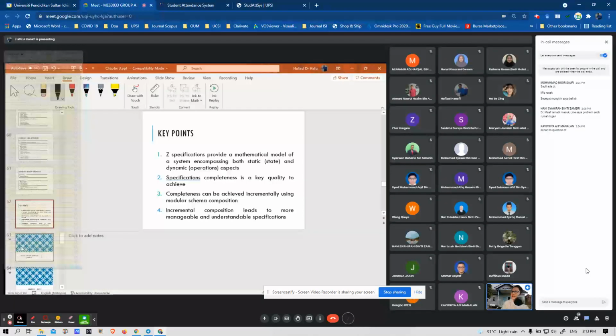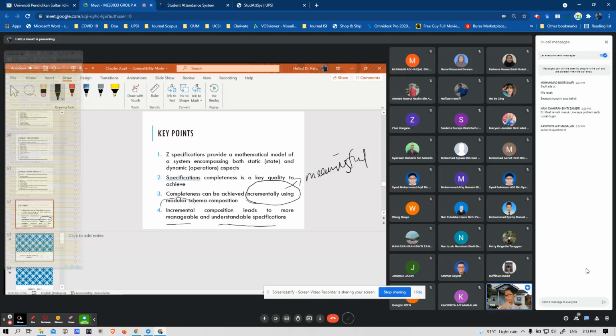And then completeness can be achieved incrementally using a modular schema composition. Okay, this one you should have a meaningful